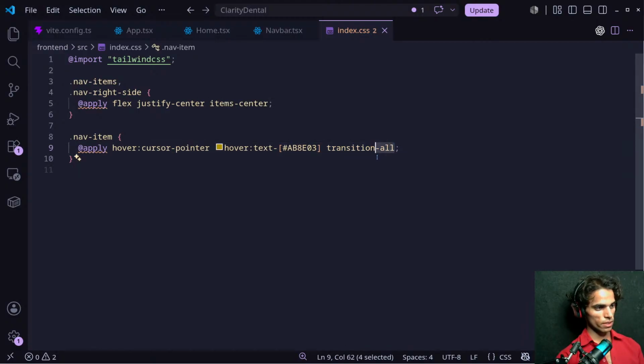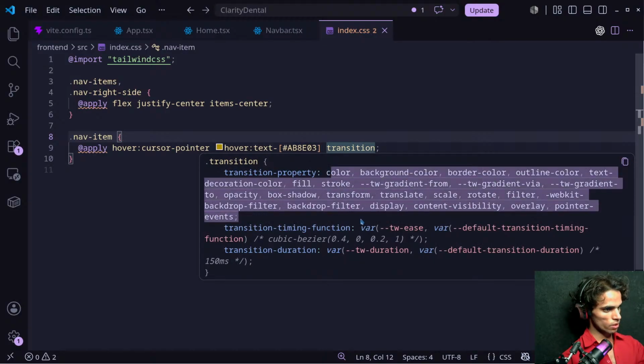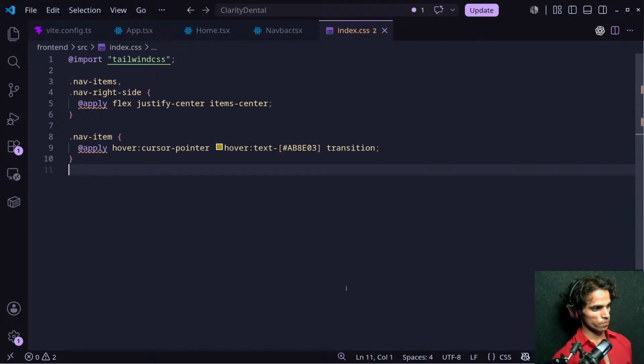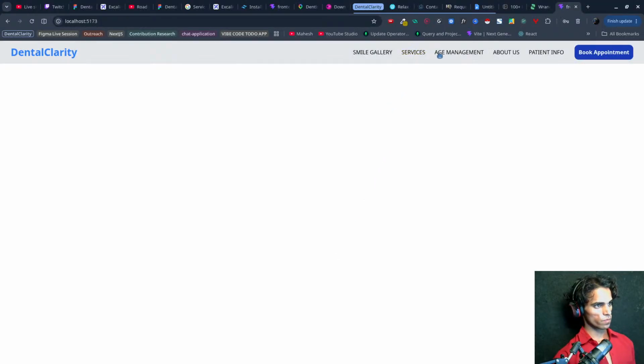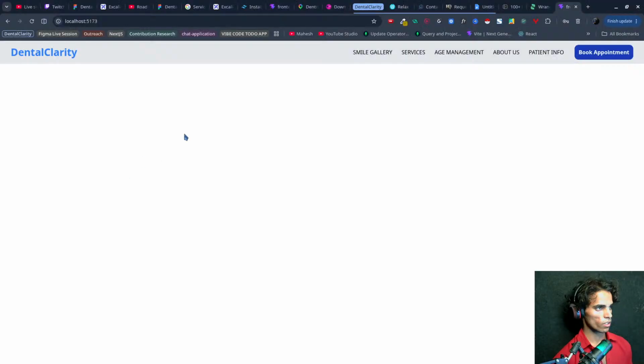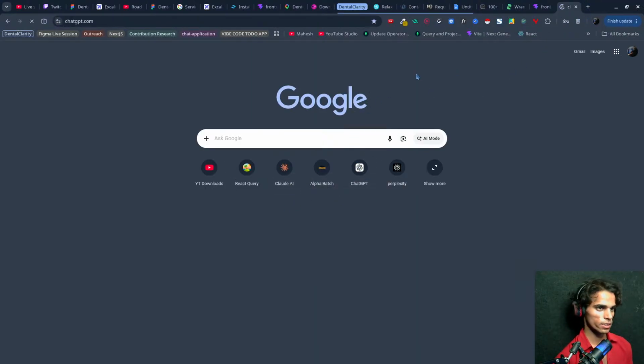If I just give it transition color, background for all, transition timing, yeah, we can see a little bit. Okay, so what I'm going to do now is add a bottom border. Okay, so let me check how we can add it.